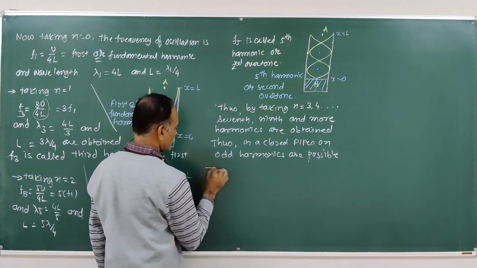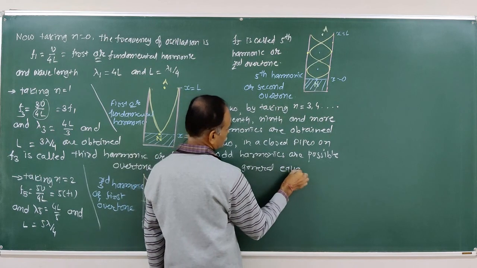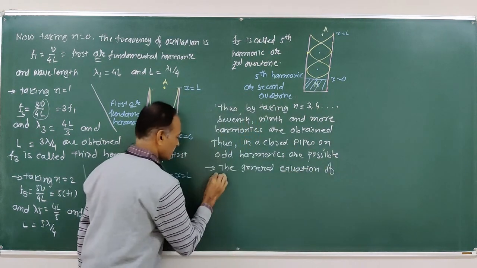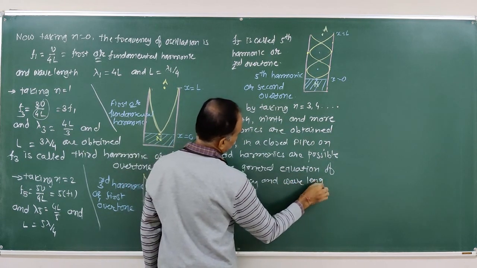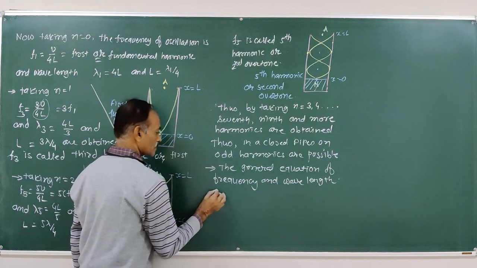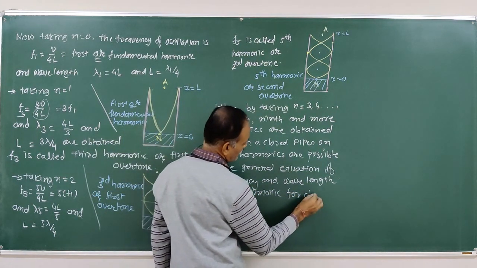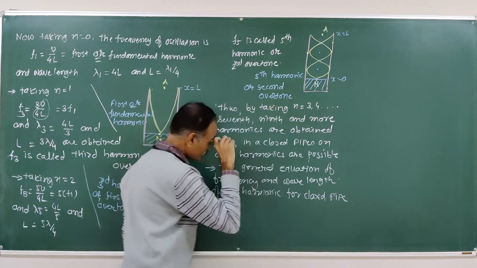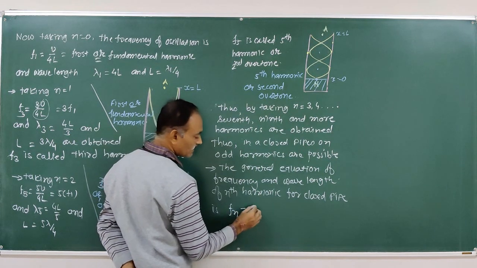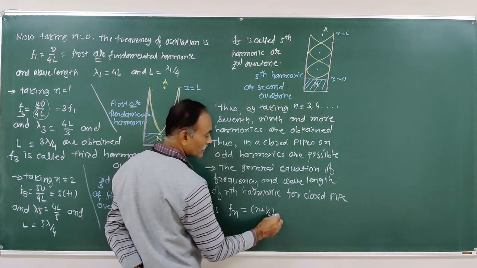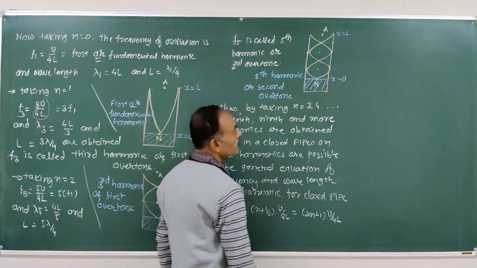The general equation of frequency and wavelength of the nth harmonic for a closed pipe is Fn is equal to (n plus 1 by 2) into V upon 2L, or (2n plus 1) into V upon 4L. And wavelength